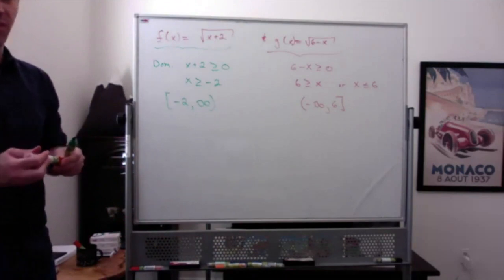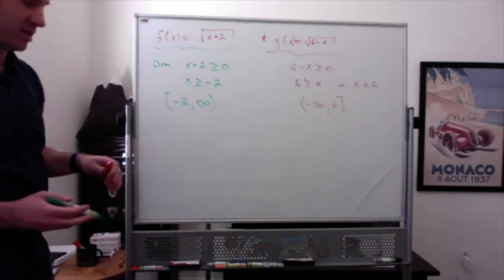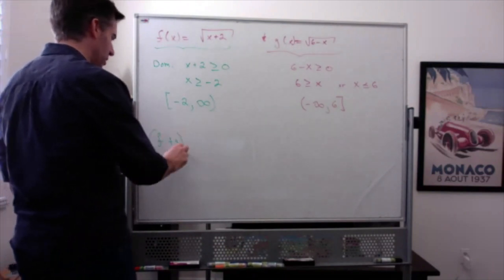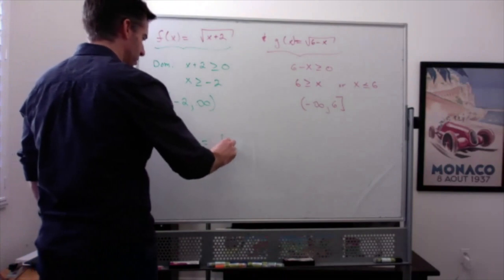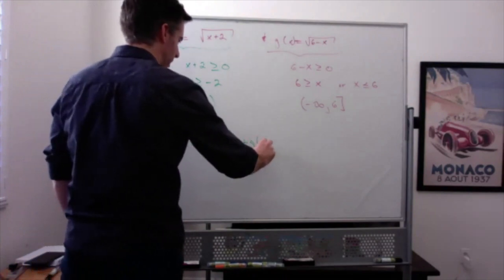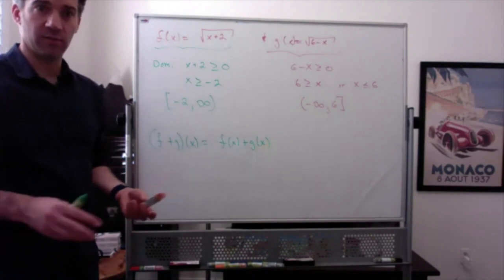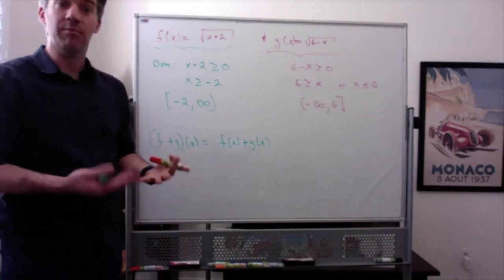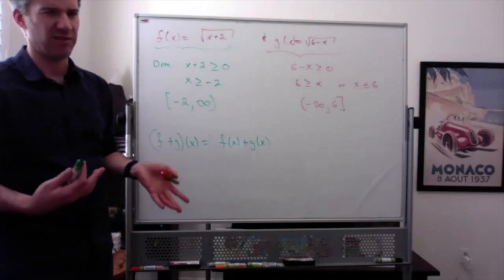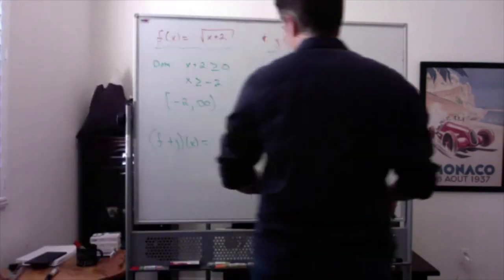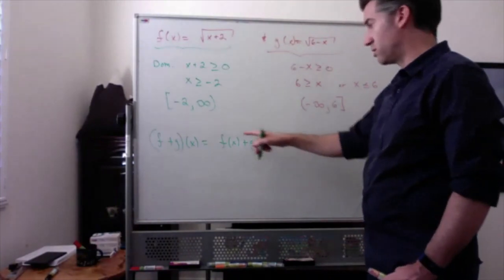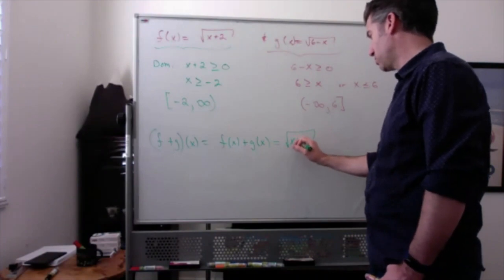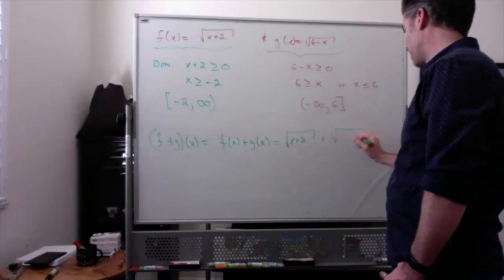And so now I want to talk about what happens to the domain when we add these functions together. If I just say, what's f plus g of x, which is f of x plus g of x. Now I should point out, these are not artificial or explicit domains. These are the natural domains or the implicit domains, which is what we're more used to doing. So if I just look at the sum of these two functions, which is the square root of x plus 2 plus the square root of 6 minus x,